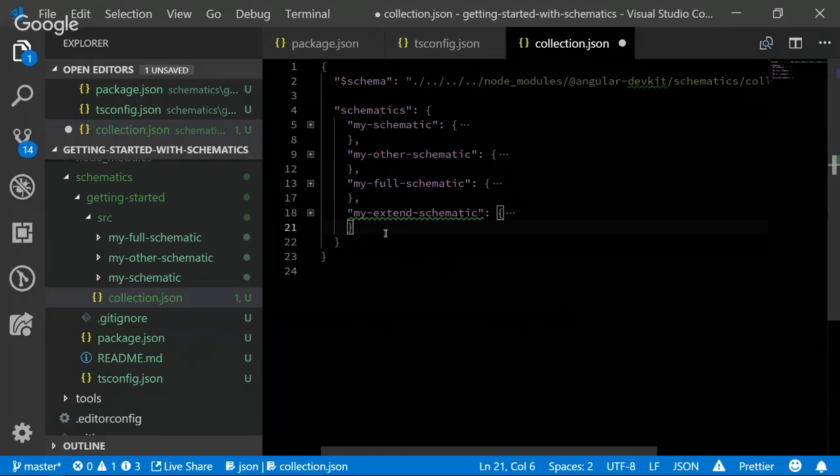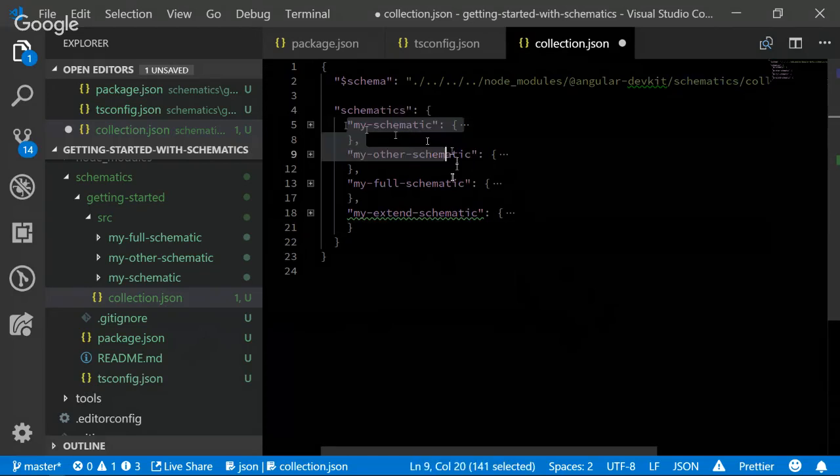You can decompose them into smaller ones, and then other schematics can call and use other schematics during the processing of them. That way you can have a lot more reusability of your schematics, but that'll take a little more time in planning. Just know that that's what this file is for. It's for the organizational aspect of what your schematic collection name is going to be, what those schematics are, and what they do,